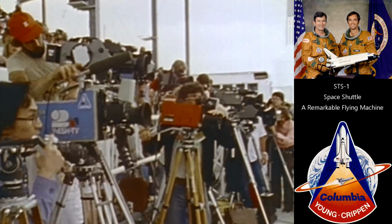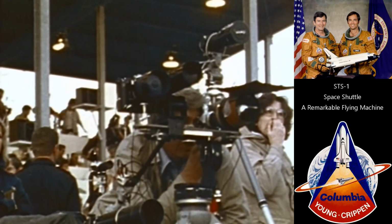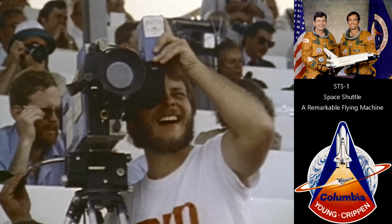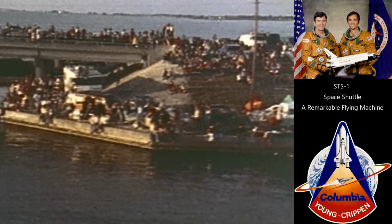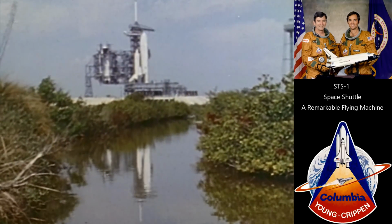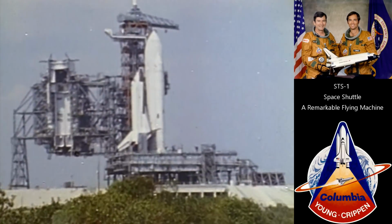Photographers, film and television crews, plus newspaper and magazine writers from around the world, nearly 2,700 of them, are here to cover the launch. In addition, approximately 600,000 spectators line the coastal area near the Kennedy Space Center. Arriving by every mode of transportation, they have come from every state in the Union and many foreign countries. The promise of a rebirth in America's manned space program and the dawn of a new era in space transportation